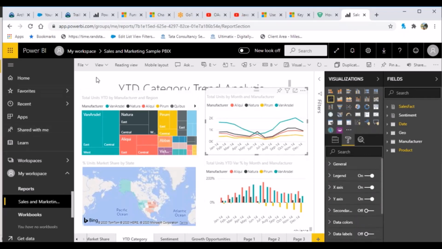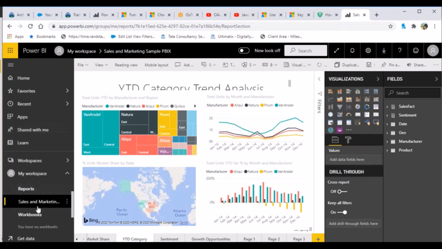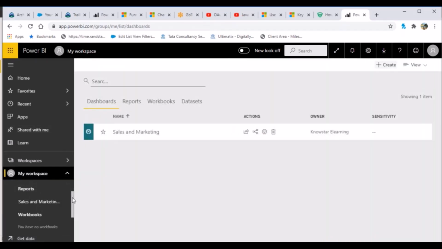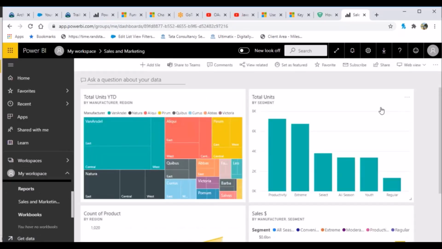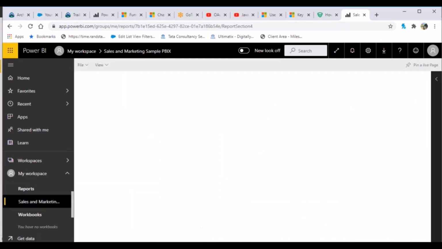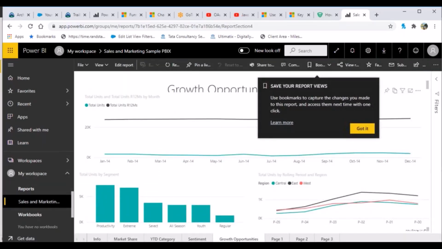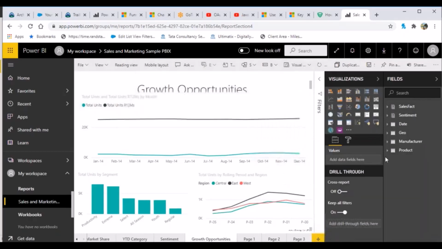Okay, maybe not from the report. Let me try the dashboard. So go to the dashboard, and now let's see what I've got here. Go to this report, go to edit report,